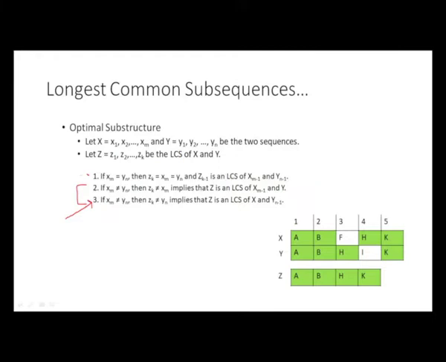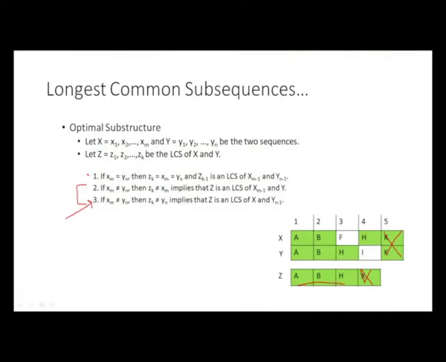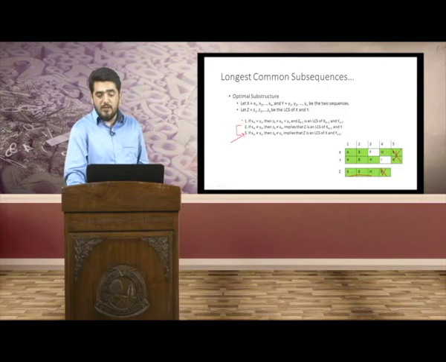So let's suppose we have our input sequences x and y having only 4 characters, and this character is not there in our input sequences, and the longest common subsequence obviously will be a, b and h in these two cases. Okay, so we do not have this k character in the input sequence,